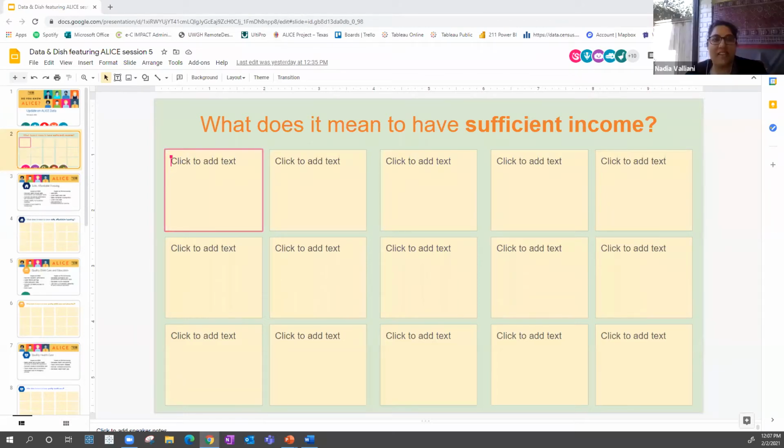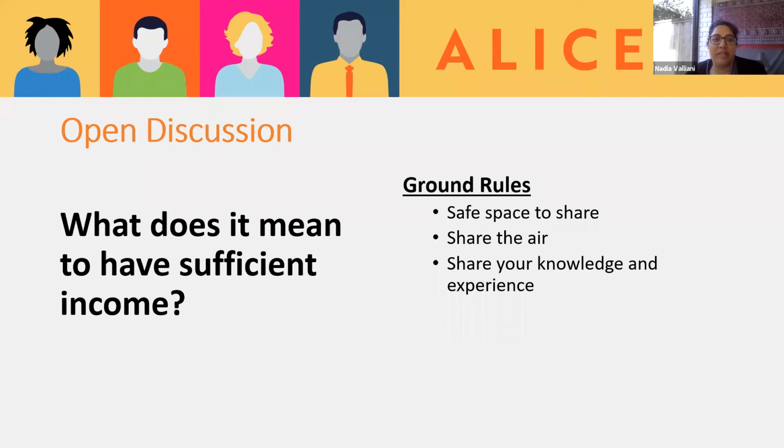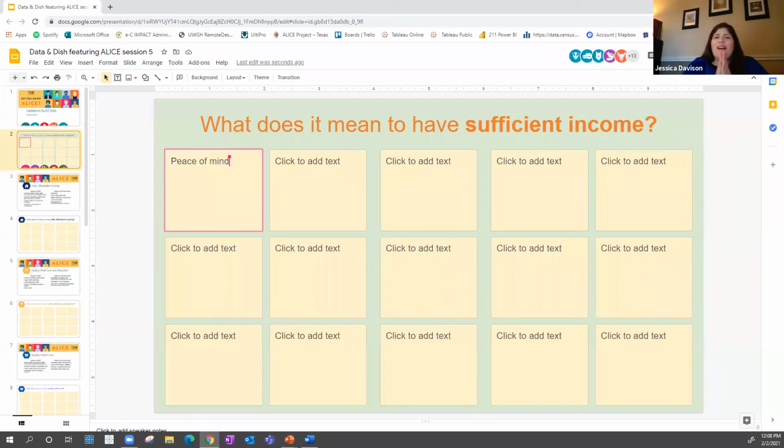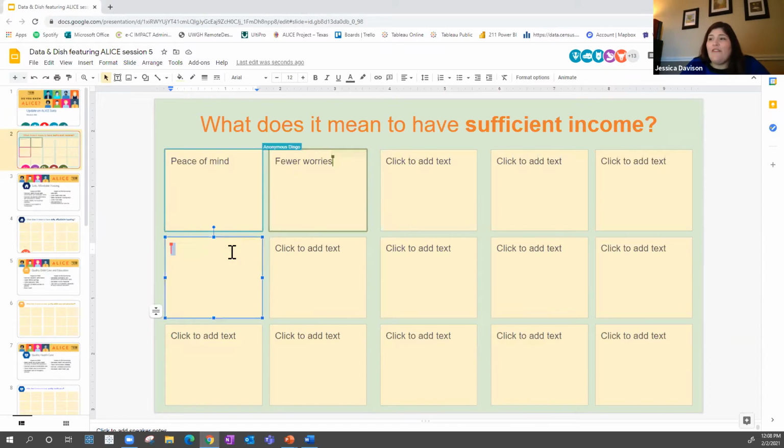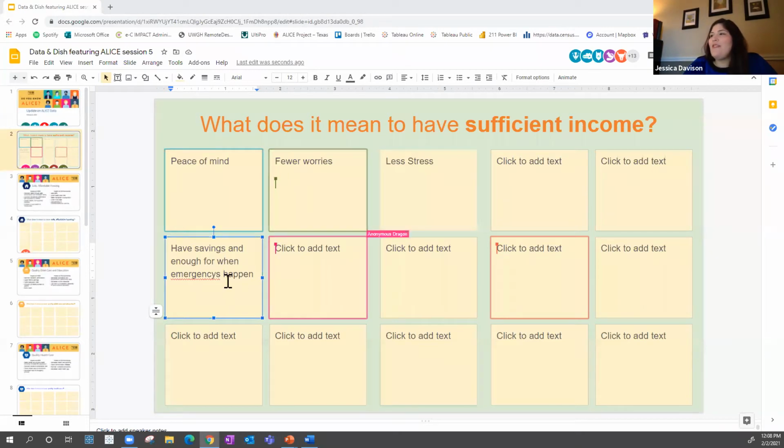Hi, this is Nadia. Having sufficient income means peace of mind. Great. Thank you for sharing that, Nadia. Peace of mind. Let's see what's going on in the chat. Having savings and enough room for when an emergency happens, that's definitely something, I'll copy that into the chat. Oh, and other people are adding in. Thank you. Love it, you guys. Feel free to add in. Having enough money to pay bills, seeing that come in, less stress, fewer worries,